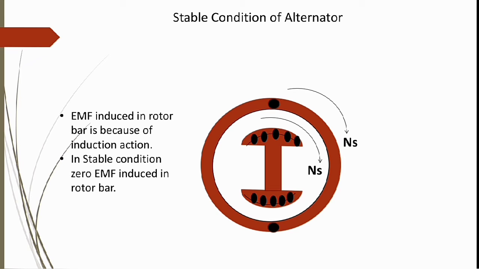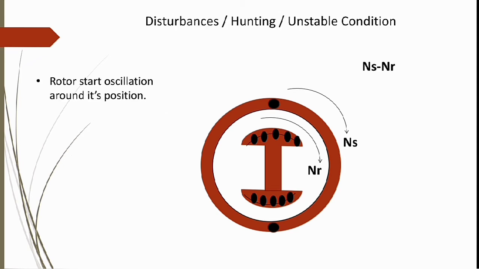Due to hunting or any other disturbance or unstable condition, what happened? The rotor starts oscillating around its position. So whenever the rotor starts oscillating around its position,